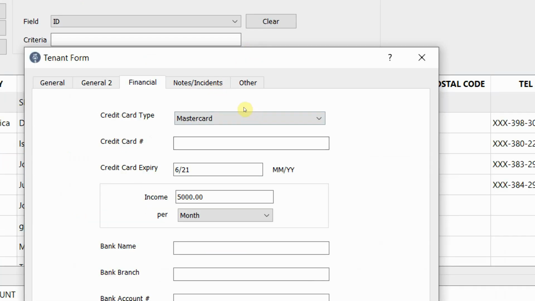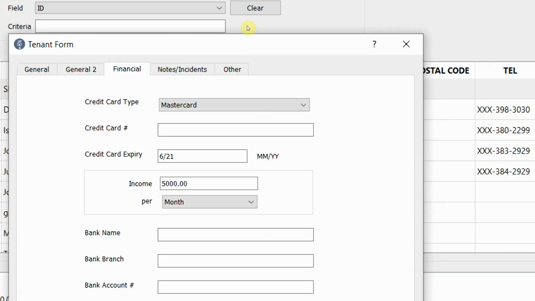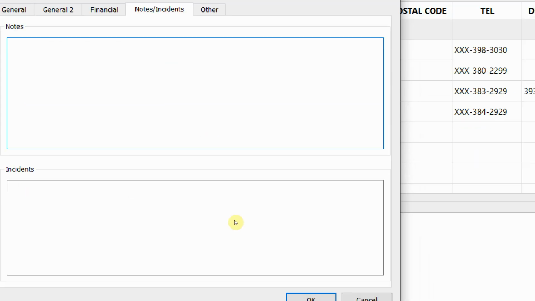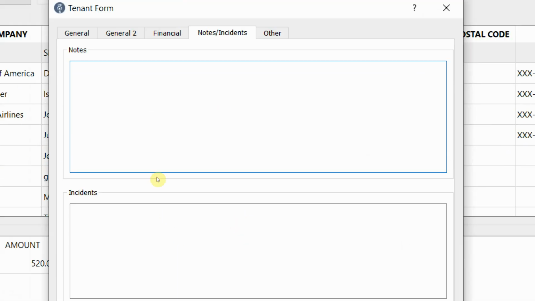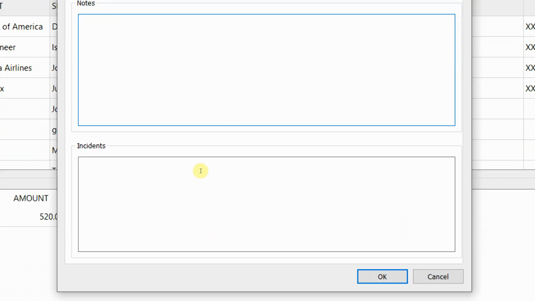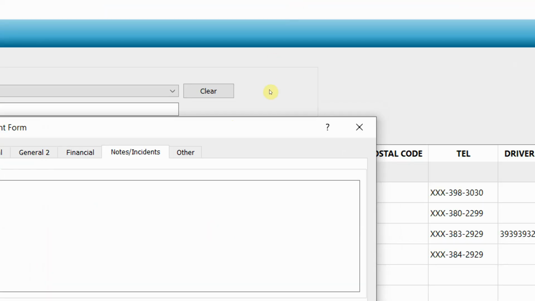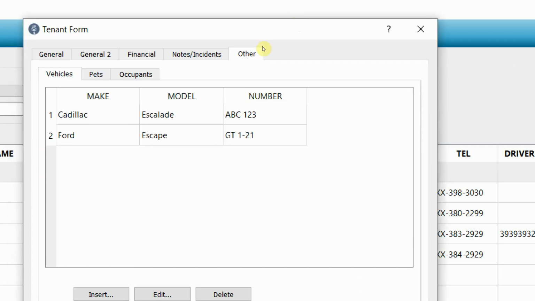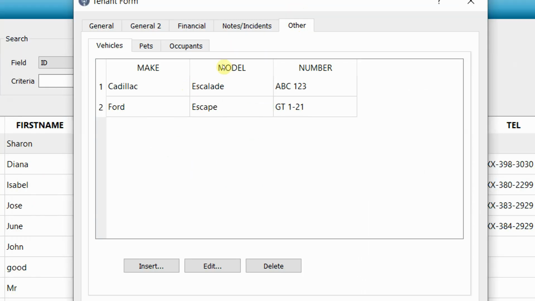Financial, the notes and incidents, you click this. Use this section to write notes, and then for any incident, use this section. Then go to the last tab, which is other. Now the other tab also has three subtabs. The first one,